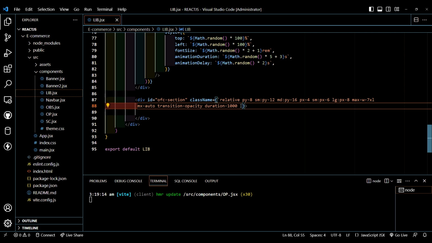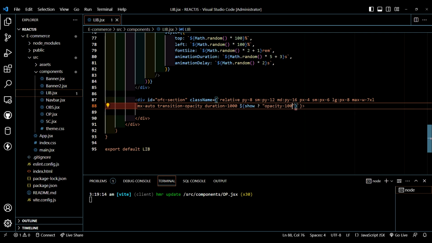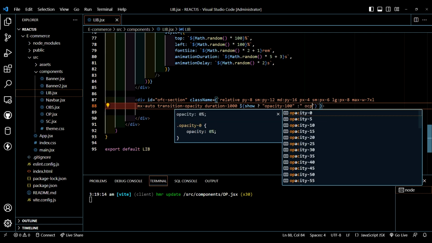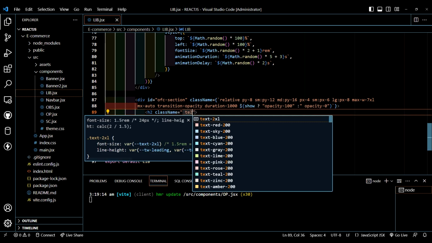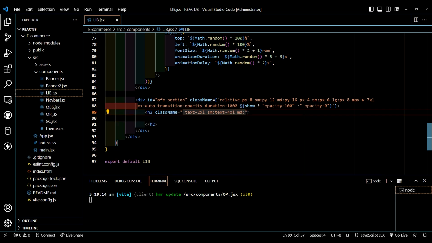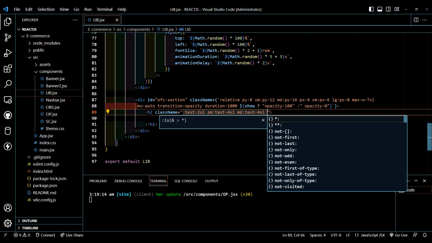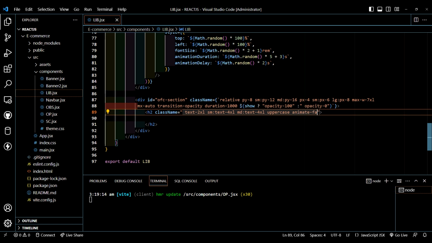Let's type $show, then opacity will be 100, else opacity will be 0. Now type h2, class name text will be 2XL, for smaller screen text will be 4XL, for medium screen text will be 4XL, uppercase, animate fade in,